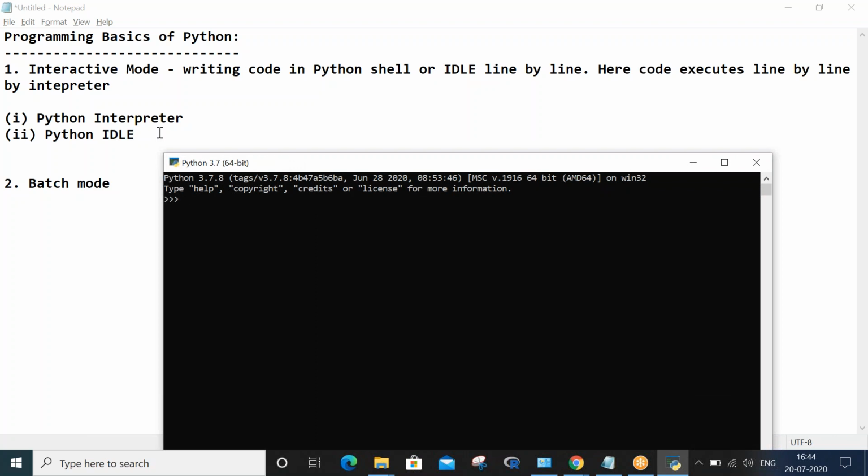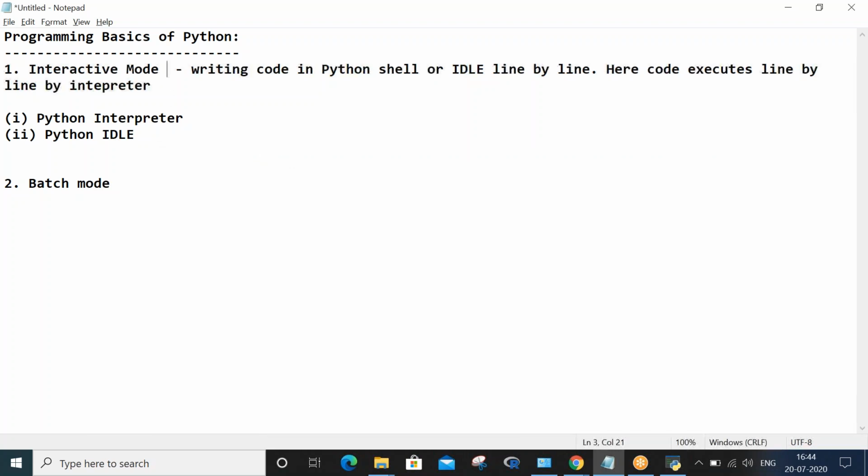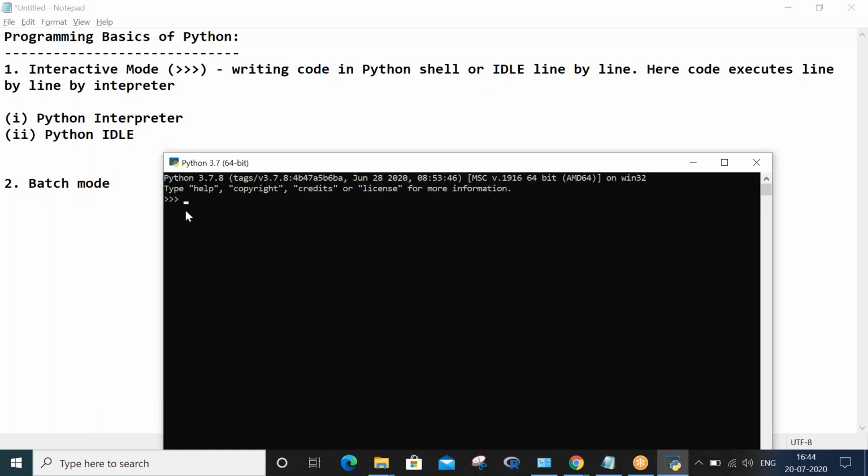One more important point to understand: Python interpreter and Python IDLE are the two places where you can do interactive coding. Interactive mode means you give instructions where you can see three angular braces. Let me type something: print hello world. The moment I hit enter, it automatically gives a response. a = 10.